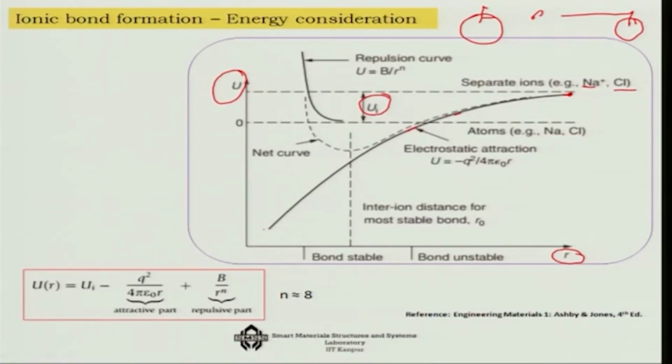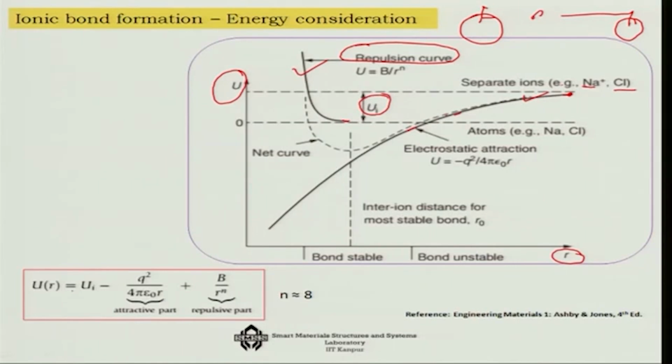Because beyond a certain point, somewhere here, a repulsion curve comes into the picture, since the atoms start to repel each other, and that also grows exponentially at a much faster rate. So if I superimpose this repulsion over the internal energy plus the energy due to attraction,